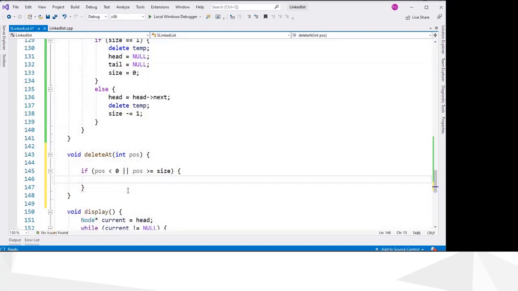So these are not valid positions. If the position is less than 0, it's not valid, and if the position is equal to size, it's not valid, because we cannot delete that position, and greater than is also not valid.